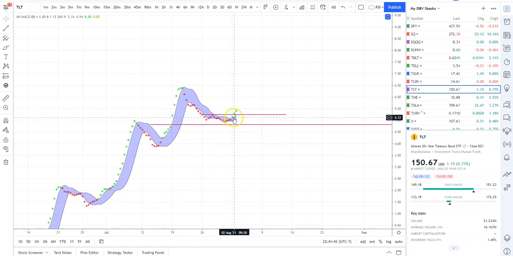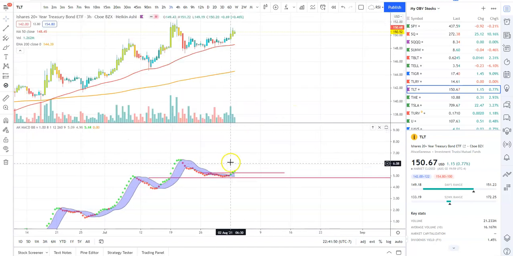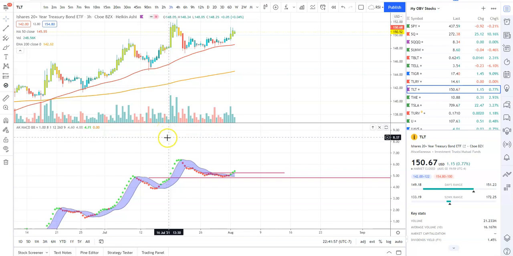And just today on August 2nd, we did get this break to the upside and confirmation on the 3-hour. So definitely expecting higher prices in the short-term future for TLT and bond strength moving